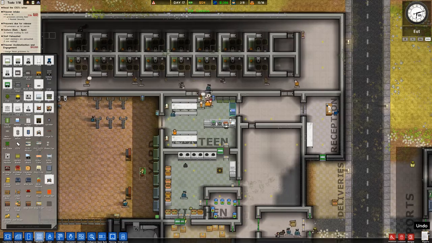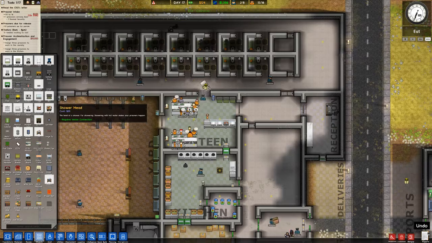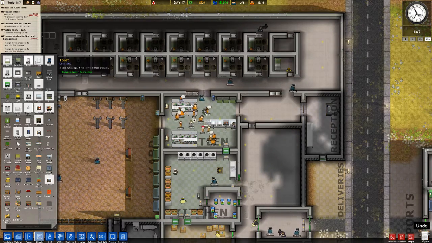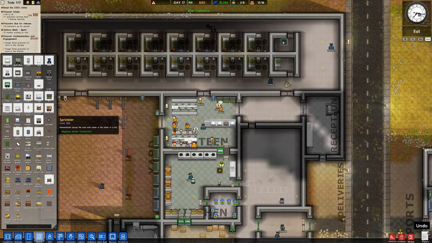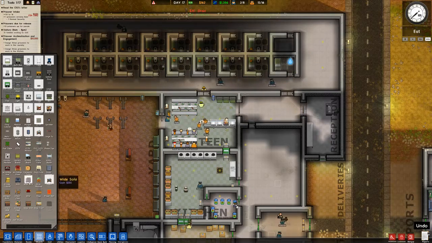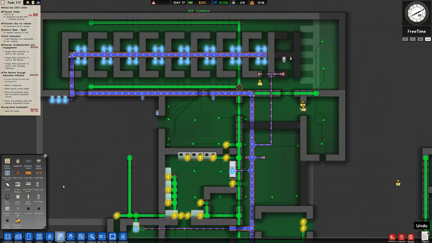Could I have 2 people in the same cell? Do I have extra toilets? I have an extra shower head. I have an extra toilet. Do I have some grates? I have 2 drains. I'm going to have to buy a 3rd. Can afford it. And I'm going to have to plumb this...